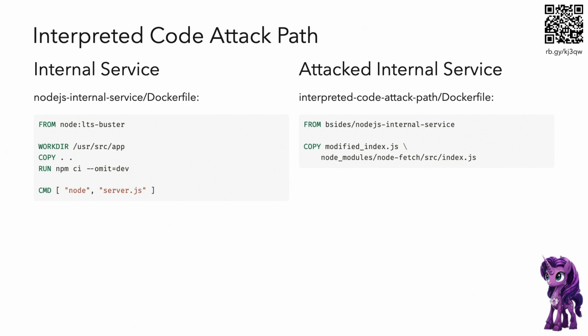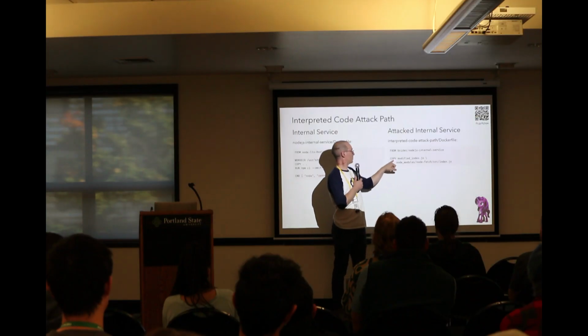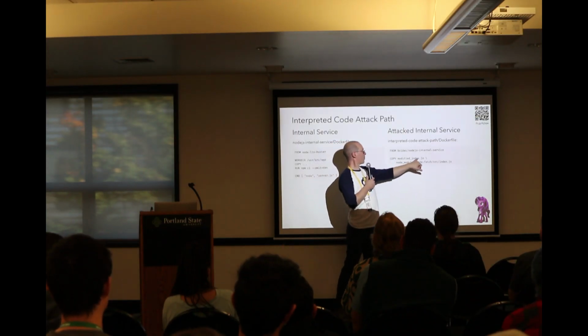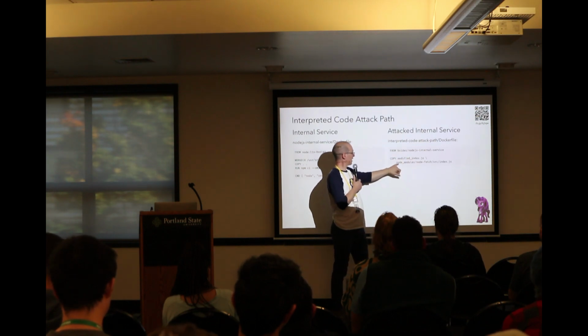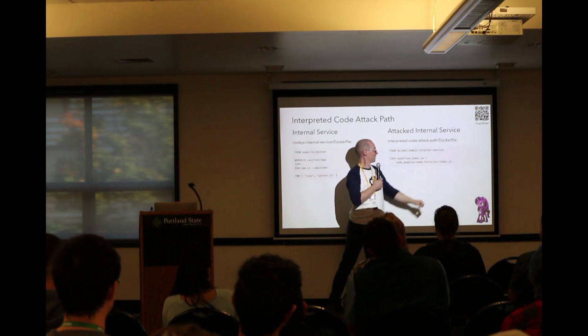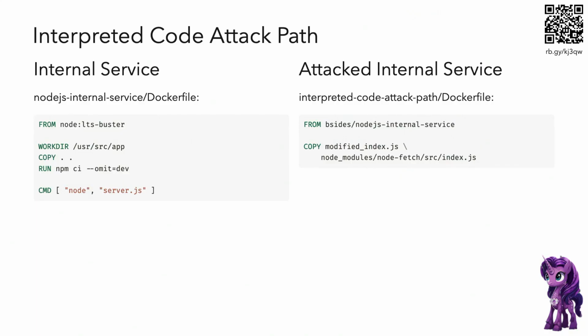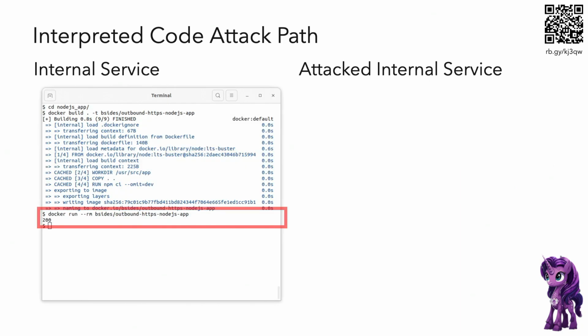First off, it's easy. Look, this is all you do, one-liner. I'm defining my own, I'm saying I'm building off this Node.js internal service, and all I'm doing is I'm going to take my pre-prepared modified index.js, that's the one you saw on the previous slide, and I'm going to overwrite the original index.js. And just doing that gets the behavior we want. And folks at the back will not see anything. It's proof that everything works.